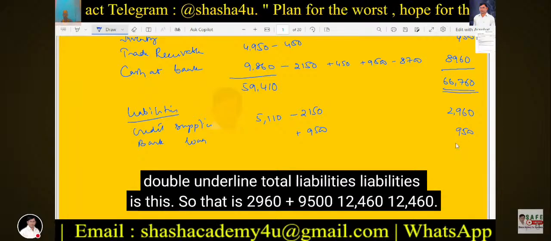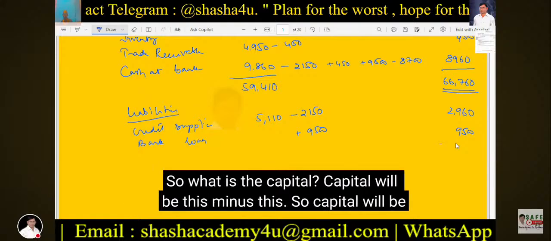Total liabilities is 2,960 plus 9,500, which is 12,460. So what is the capital? Capital will be this minus this. So capital will be